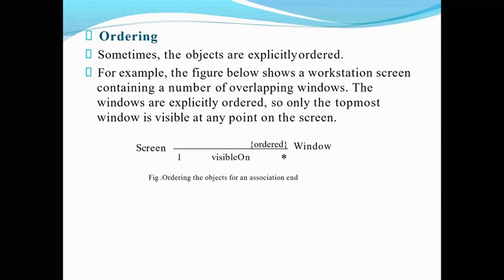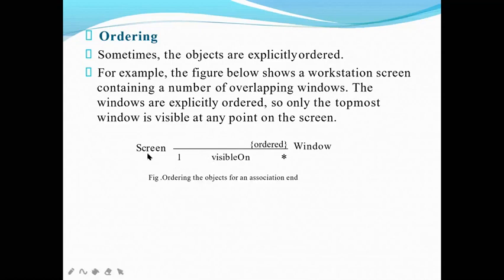Okay, at least one end you want to write, another end you don't want to write. You can see this diagram also. One end you want to write, but you don't want to mention in another end. Okay, for some specific orders, that time you have to use this ordering concept.